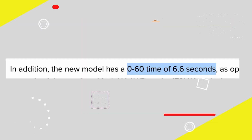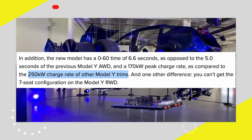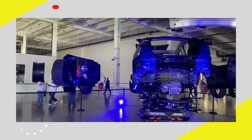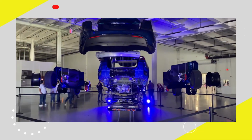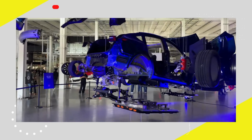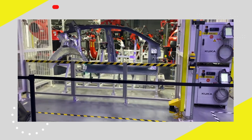Additionally, the new model has a 0 to 60 time of 6.6 seconds compared to the previous Model Y all-wheel drive with a 5.0 second 0 to 60, and a peak charge rate of 170 kilowatts, lower than the 250 kilowatt charge rate of the other Model Y trim. Also, the 7-seat configuration is not available for the Model Y rear-wheel drive. It's worth noting that the Model Y standard range with the LFP battery has been available in China since 2021. In summary, the new US model appears similar to the old China model for now, possibly due to the use